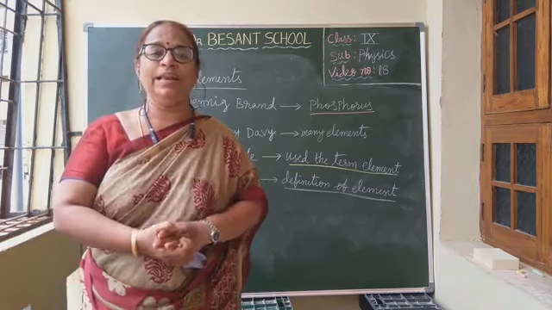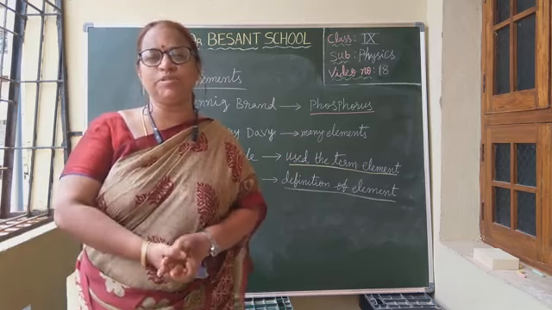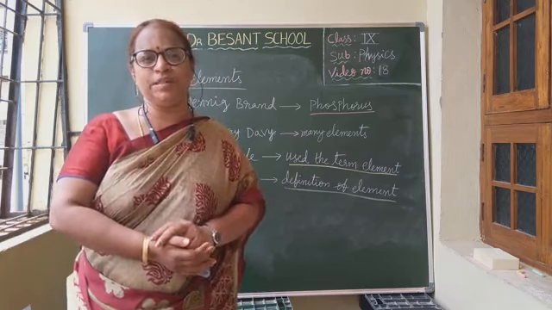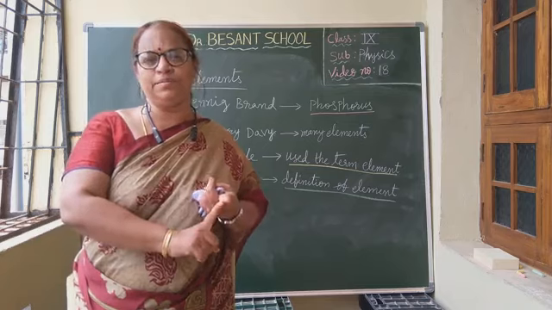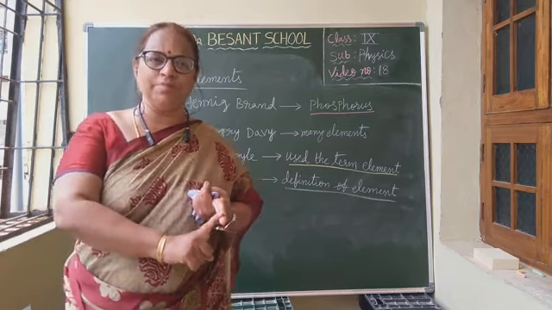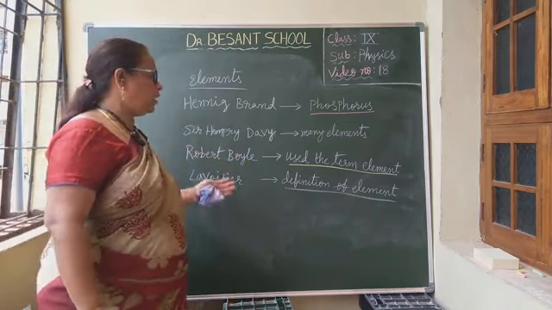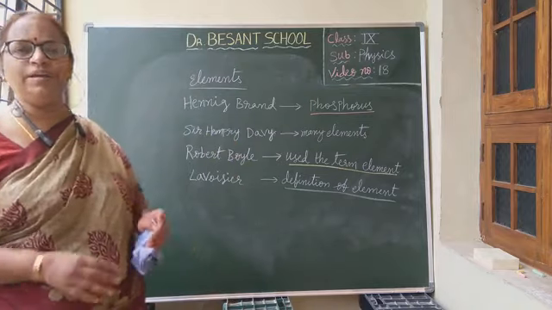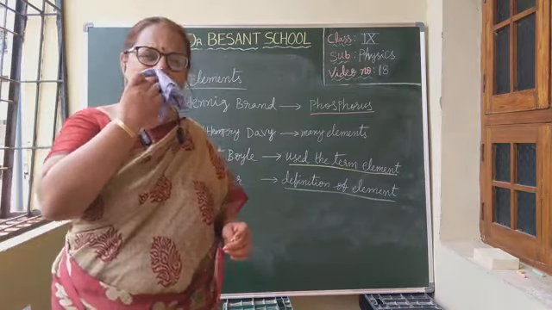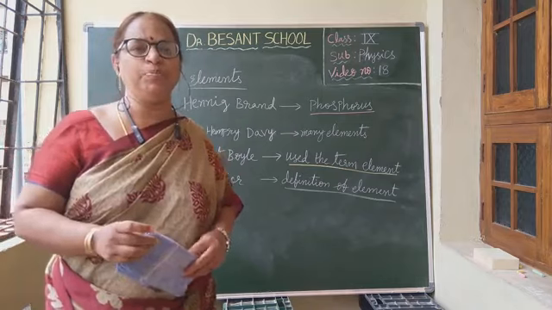All this we learned. Next we learned different types of pure substances. Mainly two types: compounds and elements. So what is a compound, what is an element, and the scientists who worked on elements. This is all we learned in this chapter. With this we have completed our chapter, Is Matter Pure?